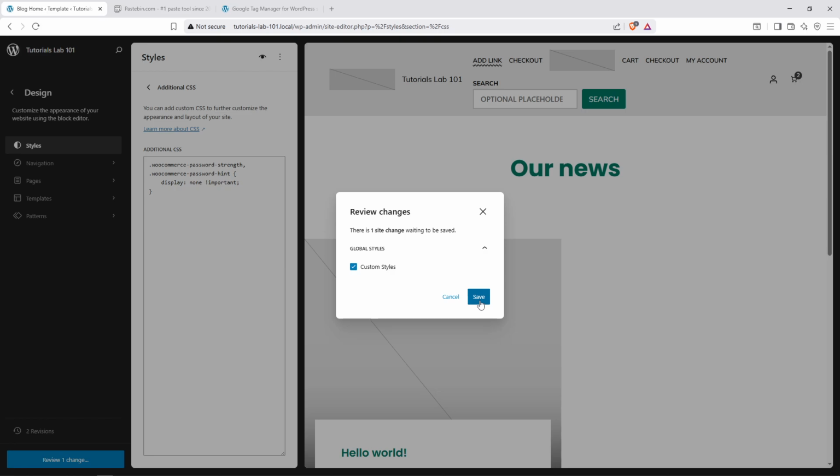And that's it. You've successfully removed the password strength meter from your WooCommerce checkout process, giving your customers a cleaner